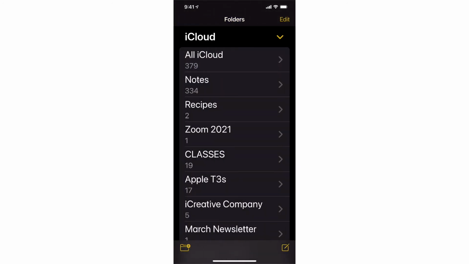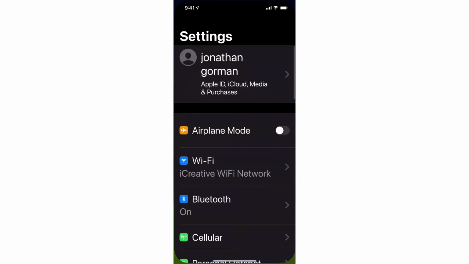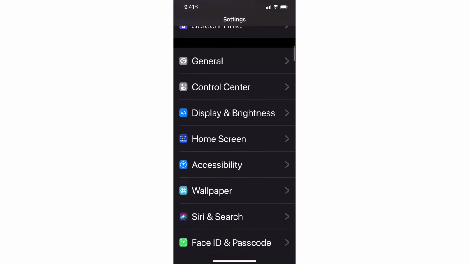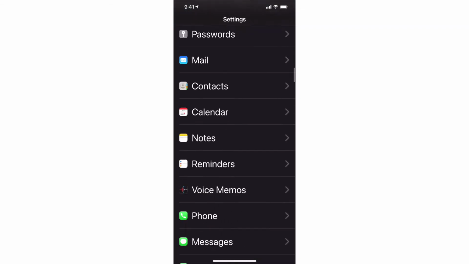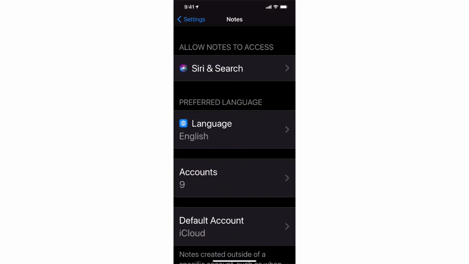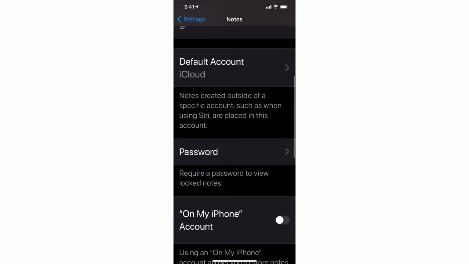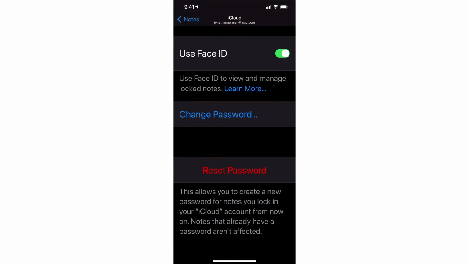The last thing I wanted to talk about is creating a secure note, which is a little bit of a different topic that I cover in our passwords class, but I would like to talk about this really quickly. If I go into Settings, and then in Settings, I go to the Notes section. And it's in the settings for Notes that I'm actually able to go to the Password section and add a